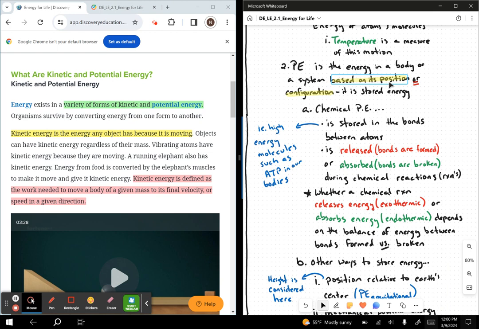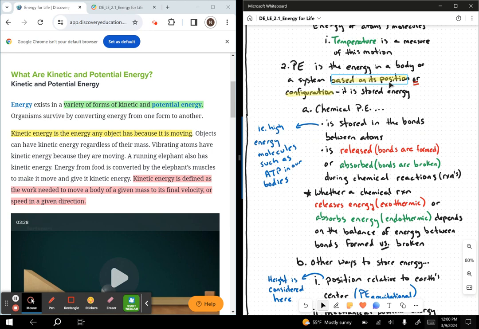But if you go higher, up to a diving board, and jump off the diving board, you're going to have more stored energy because you're higher up. You're going to have greater potential energy. You're going to create a bigger splash. Isn't that what we all want to do in life? Create a bigger splash.